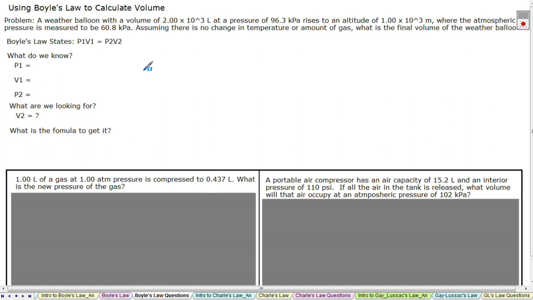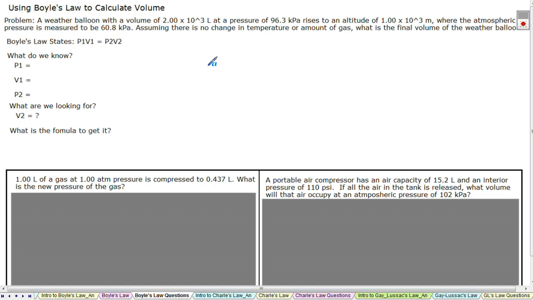We've got a problem where we've got a weather balloon. It's got a volume of 2,000 liters, and we know what the pressure is at its altitude. We know that when you go up in the air, air gets thinner, so obviously the pressure is going to decrease. So it goes up 1,000 meters, and the pressure is only 60.8 kilopascals. So we've dropped by 36.6 kilopascals. And if we have no change in temperature, which there really would be, but we're going to pretend there isn't, determine the volume of the